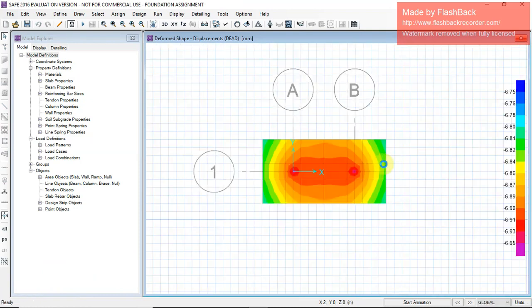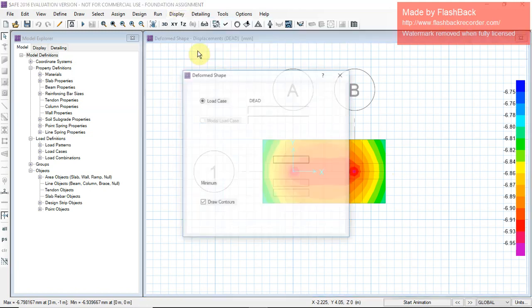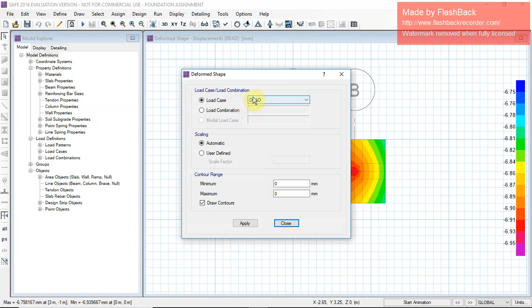Here you can see the analysis and deflection values, the displacement value by the dead load. Here you can check show deformed shape for dead load, live load. You can see for the combination also, like combination 1 applied.